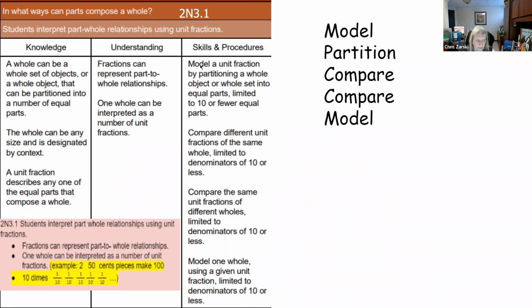We see the skills of modeling, comparing. So modeling means I have to have some tools in my back pocket to show you. I can model my thinking. I could talk my way through the model as I'm putting it together, and I should be able to model it in more than one way. So again, I need to have seen more than one way. And that is important when you see the word compare, because compare is one of the highest order thinking skills that we can ask a student to do.